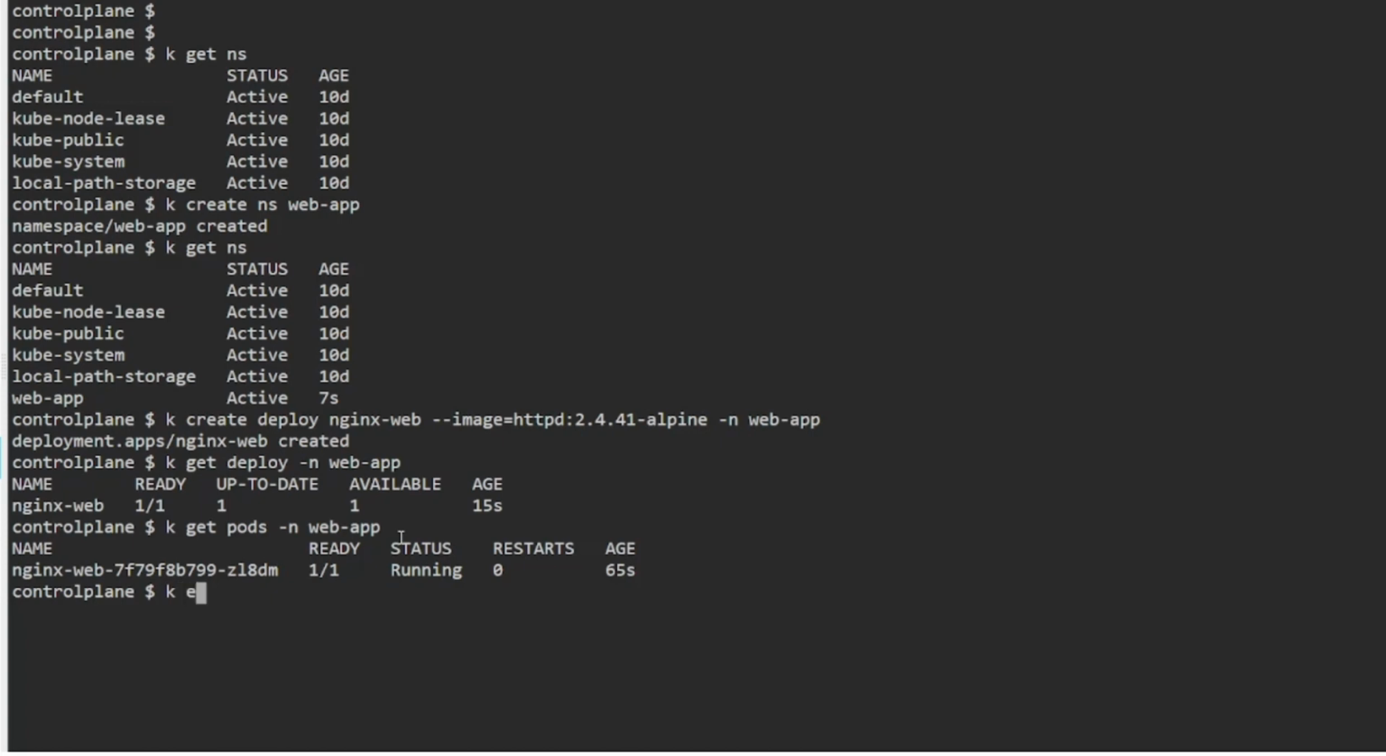So kubectl expose deployment. What we need to expose is a deployment, so that's the reason I have written deployment. If you have a question regarding expose pod, then we need to write pod here. Okay, and then what is the deployment name? That is nginx-web, and the type is NodePort,